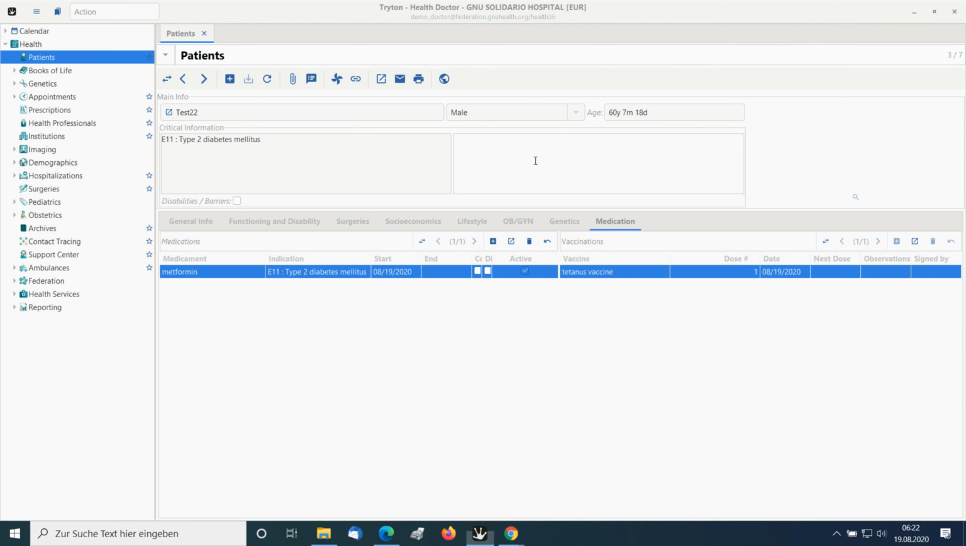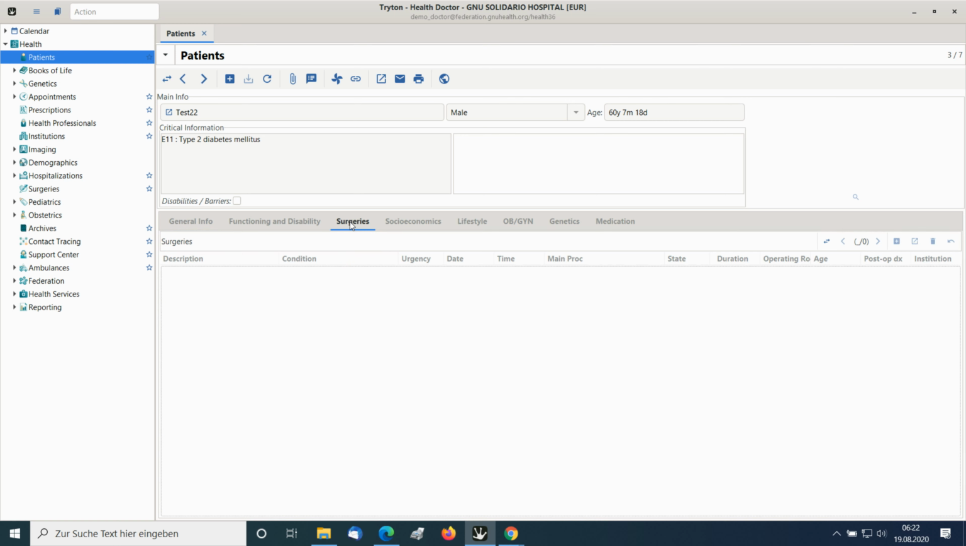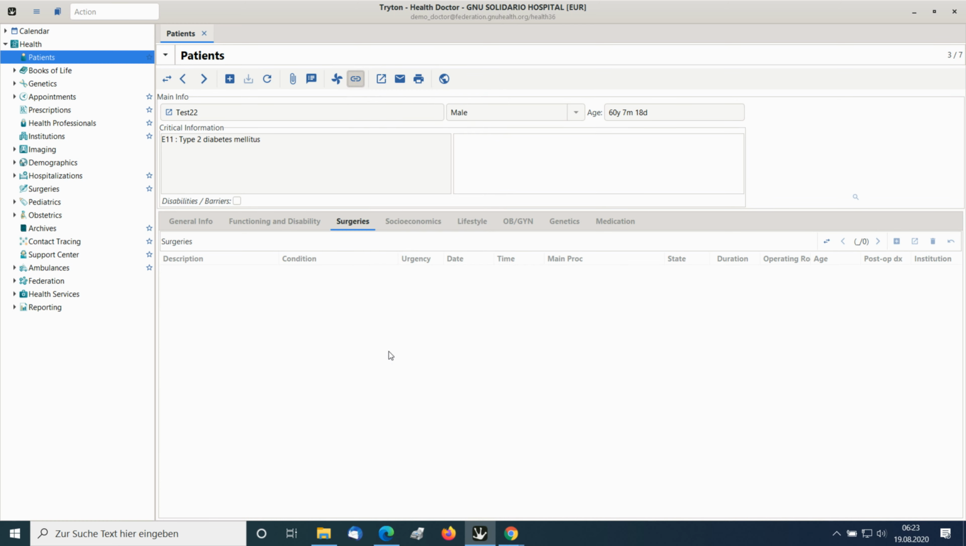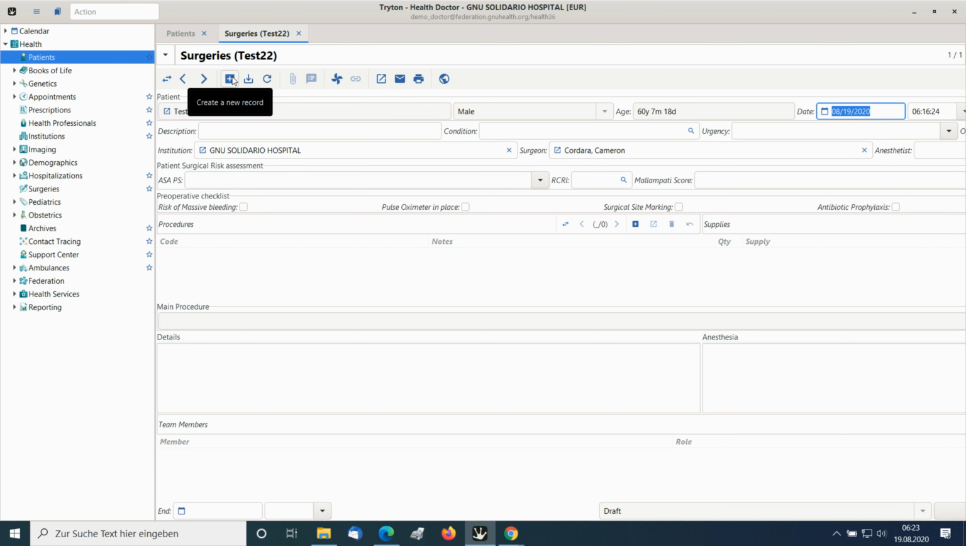And again, we go to the general info, and here you see there are some other tabs: function and disability, and surgery is the third one. This is the one that we're interested in. We can again look for surgery, open related records, and we have to edit with this menu, make a new one, again with the plus symbol,